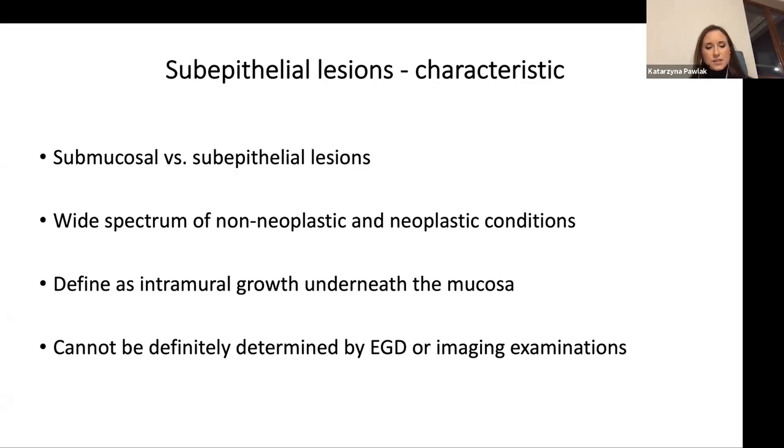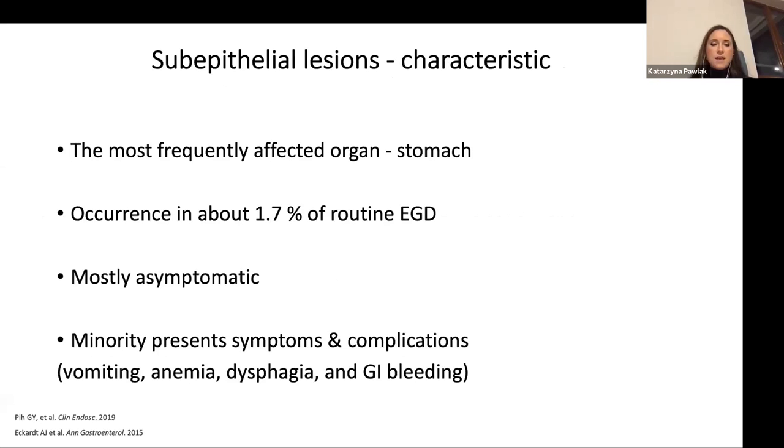This type of lesion cannot be definitively determined by EGD or even by different types of imaging examinations. Most of them are located in the stomach. The occurrence has risen up to 1.7% due to widespread routine EGD performance. Most subepithelial lesions are asymptomatic. However, a minority of them can present symptoms and even complications like GI bleeding, which are the main indication for